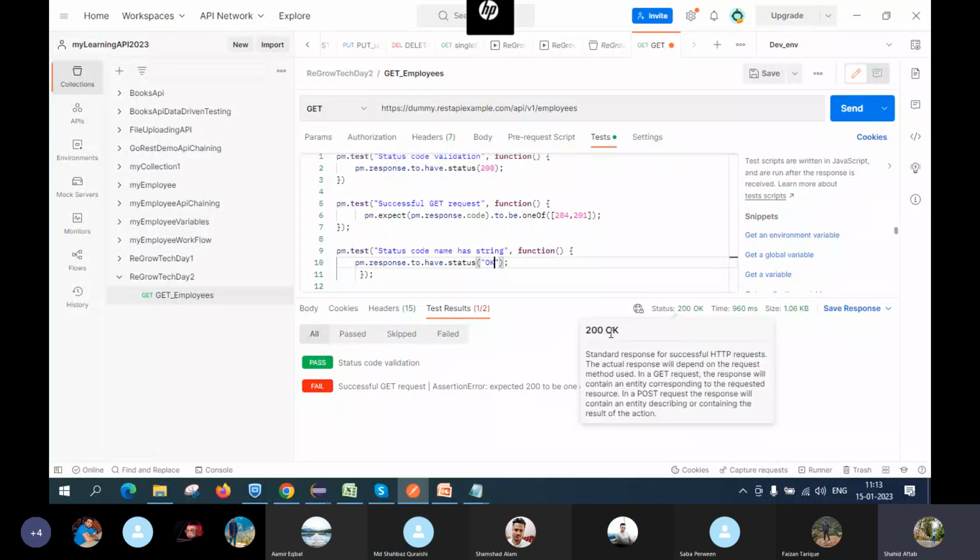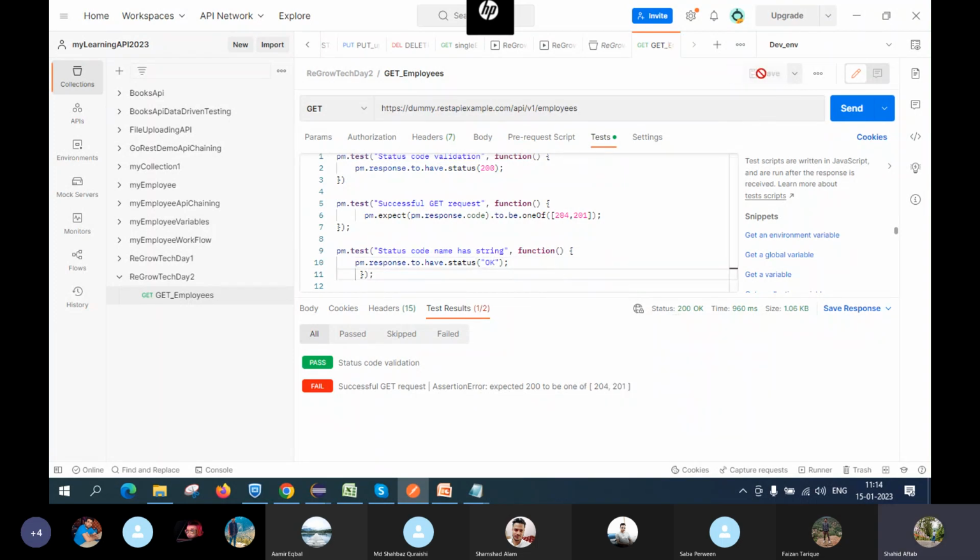मतलब 200 का स्ट्रिंग वैल्यू, अगर हम कोड की न्यूमेरिक वैल्यू को कन्वर्ट करते हैं स्ट्रिंग में तो उसका मतलब होता है ओके। तो यहाँ ओके होना चाहिए, ठीक है। अब हम सेव करते हैं।